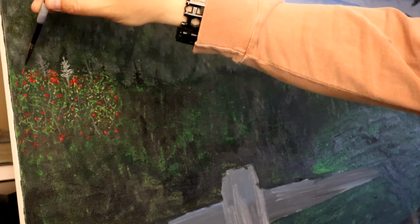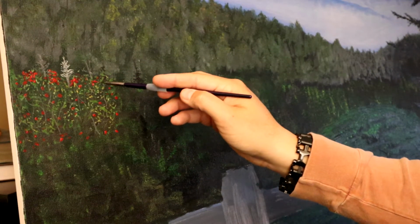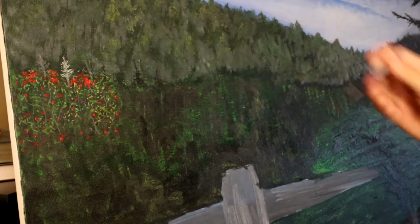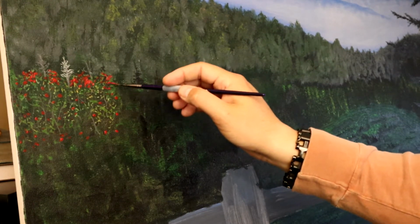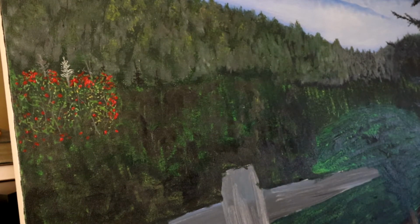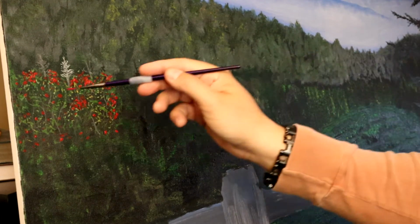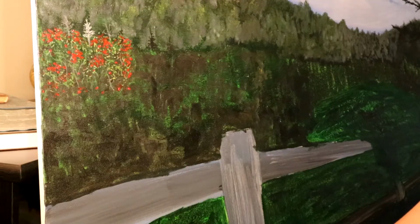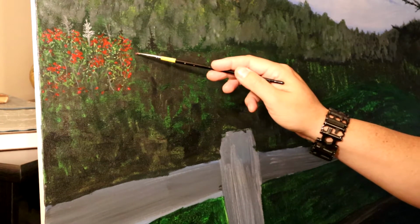So right now I'm just putting in a straight medium red, touching it in, dotting it, splotching it. Some of this flower will be a lot thicker in some areas than in others. So just kind of randomly put it in there. And now that I've got a pretty good base back here of some red flower, I'm going to start to